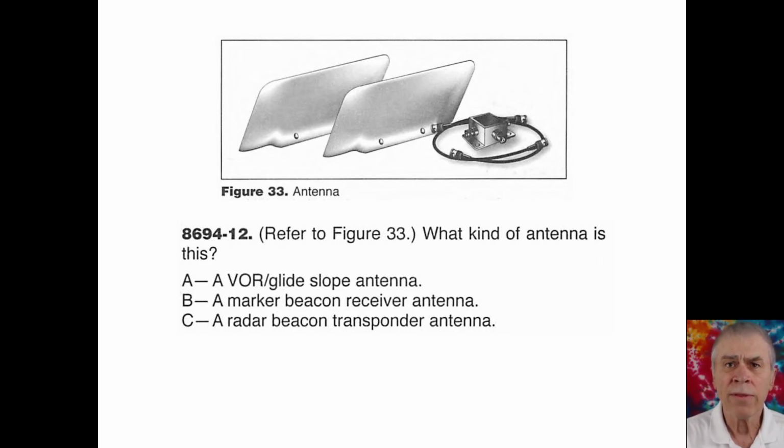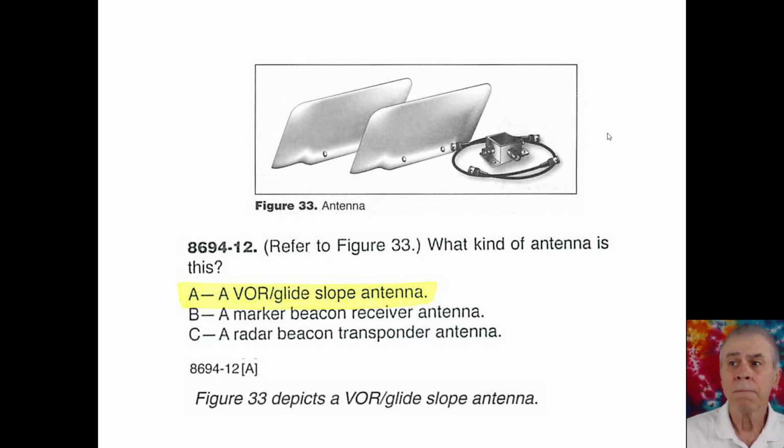And I'm not sure why they're including the duplexer or the splitter. I guess I'm also going with VOR glide slope, even though that's not traditionally what it looks like. It certainly could be one. Yeah, these are a little tricky here. So,